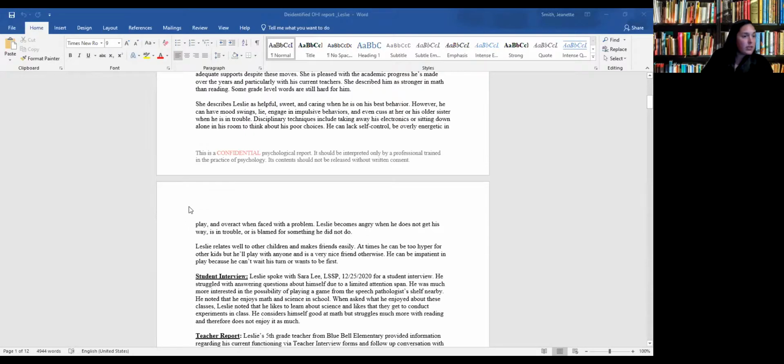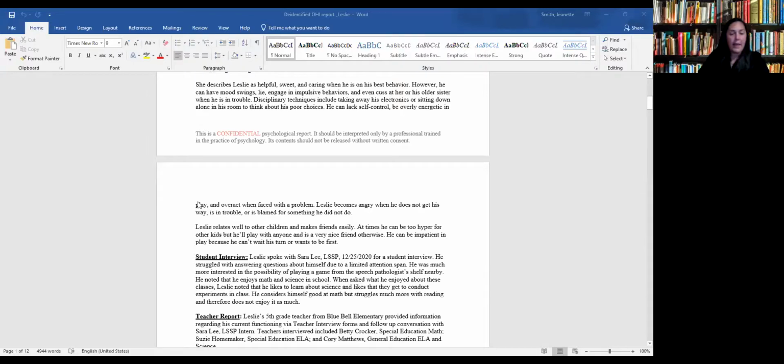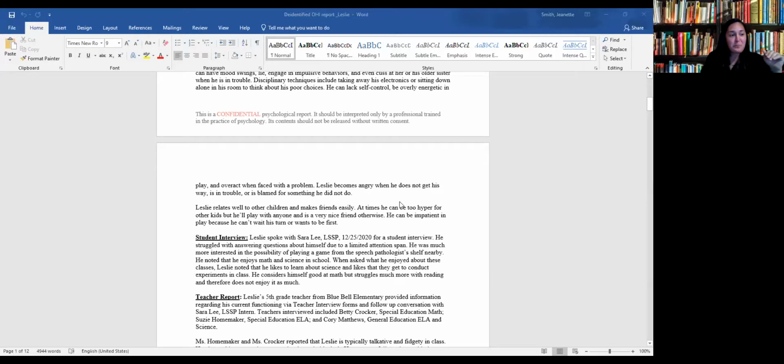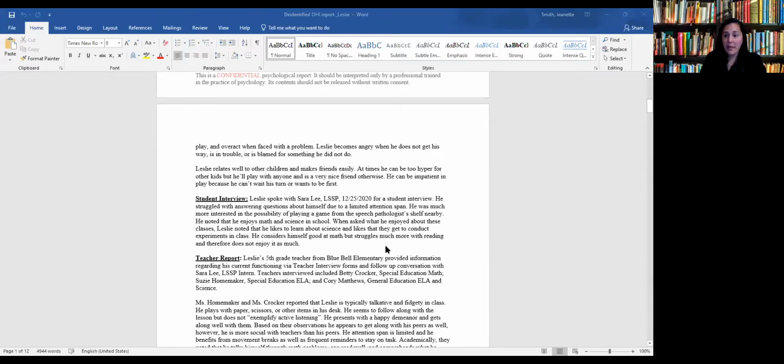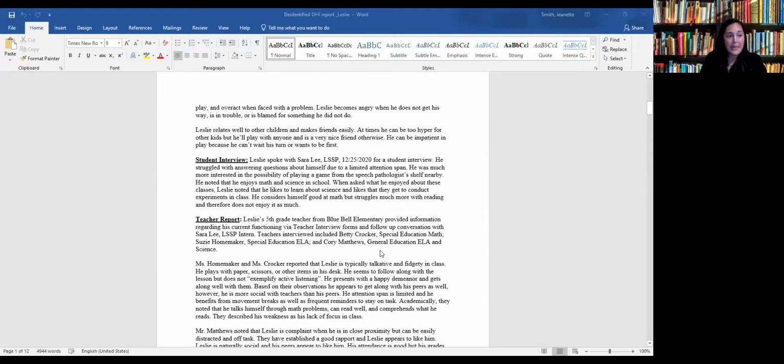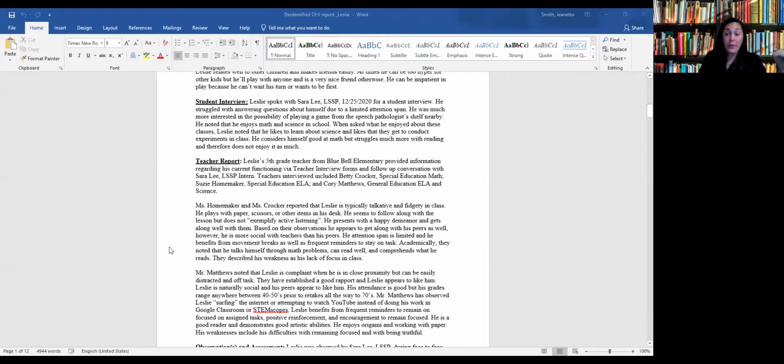Very similar information was echoed by the teachers about the lack of truthfulness. And I use that term because it just seems a lot nicer than calling Leslie a liar. But they indicated very similar things. In the classroom setting, we're not always following through with tasks. We're not always completing work the way that we should. Sometimes we appear as if we are, but we're watching YouTube videos.